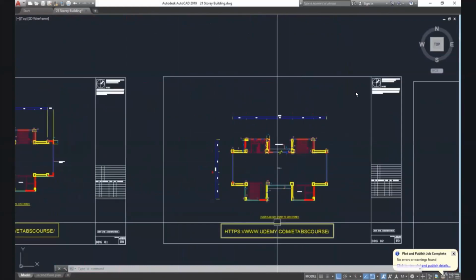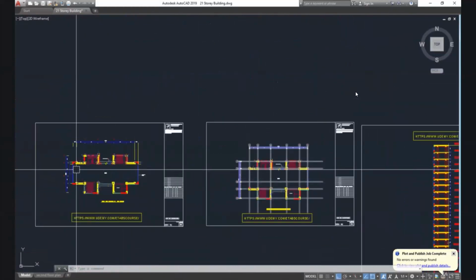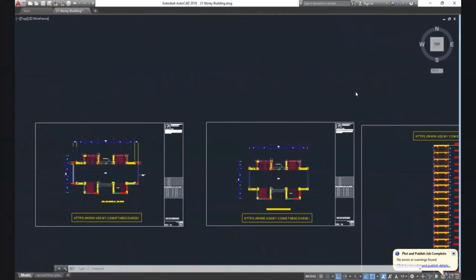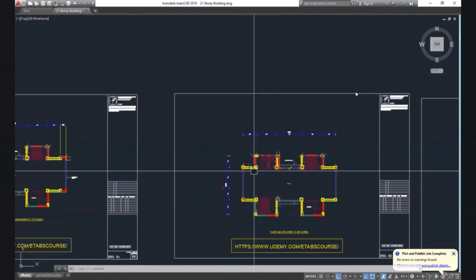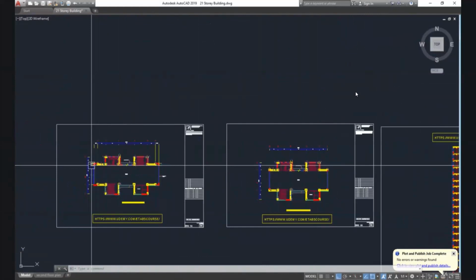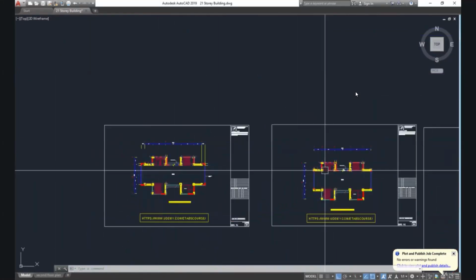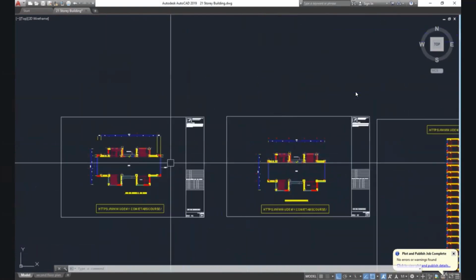Similarly, from 12th story to 26th story, the architectural plan is almost the same. The only difference is that this projection is missing here.